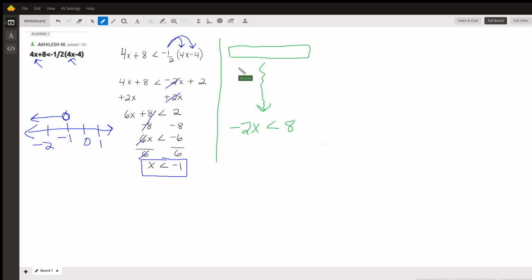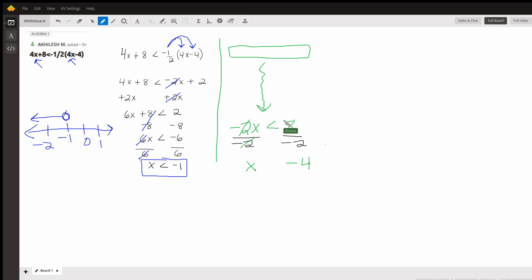You do the work as we did on the first problem here, but at the end of the day, you have a negative 2x. What I want you to pay attention to is the fact that when we divide out this negative right here, and we make sure to do it to both sides, what's going to happen is, as usual, negative 2 divided by negative 2 will be 1, so x is left alone. And 8 divided by negative 2 is negative 4. However,